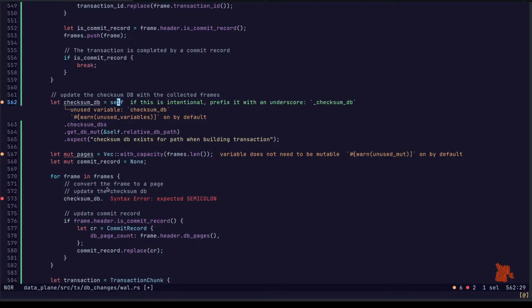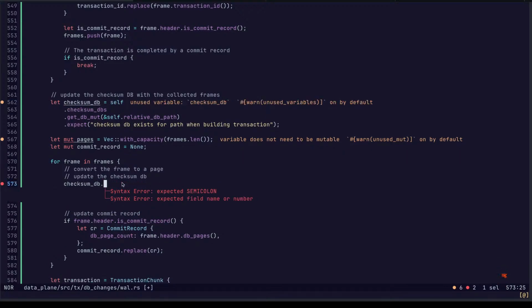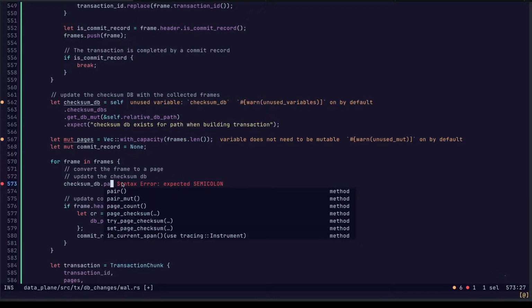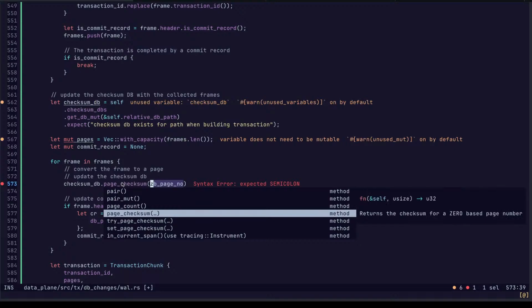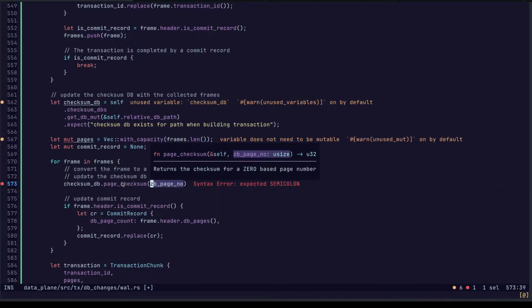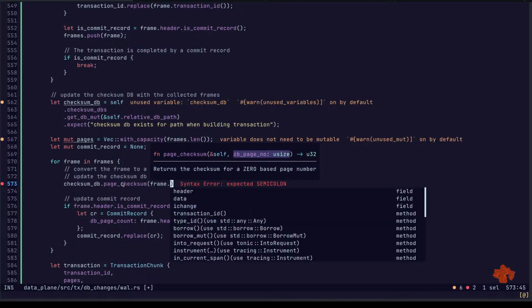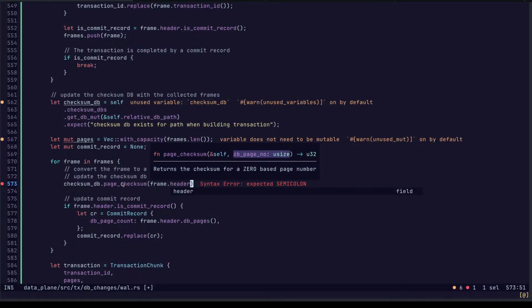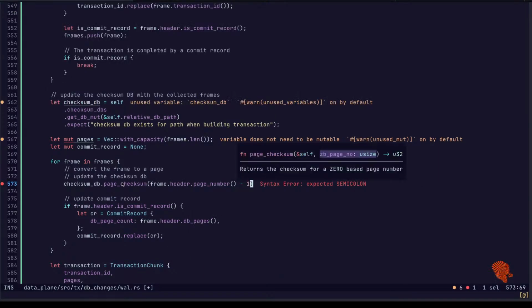I want to get the current checksum. All right. Now, this being 0 based instead of 1 based, I want frame dot header dot page number -1.